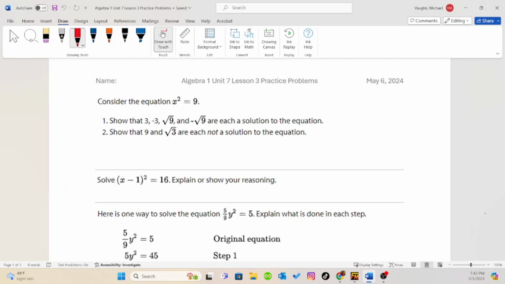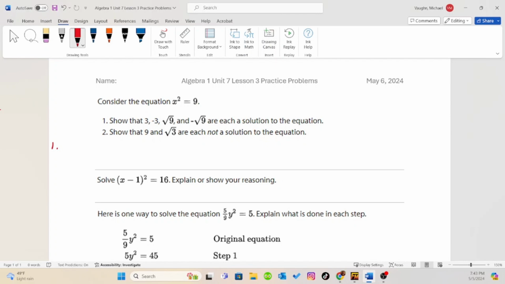Consider the equation x squared equals 9. Number 1. Show that 3, negative 3, square root of 9, and negative square root of 9 are each a solution to the equation. So for number 1,